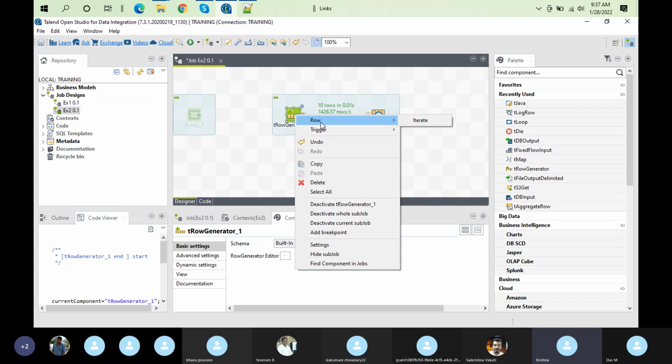So row-wise, if we have 10 rows, you want to iterate on the 10 rows, and each and every row when it is coming, you want to iterate something, then you go for iterate. So these two are going to be the main ones in our row. These are data processing related connections, and one more that will be there on a few components is rejects. You want to capture some rejects, which should be mostly on output components or some processing